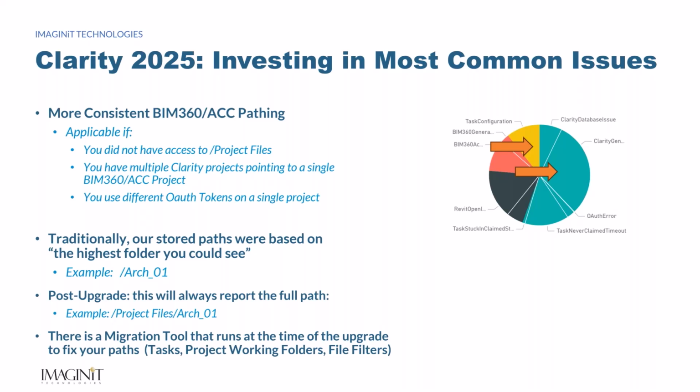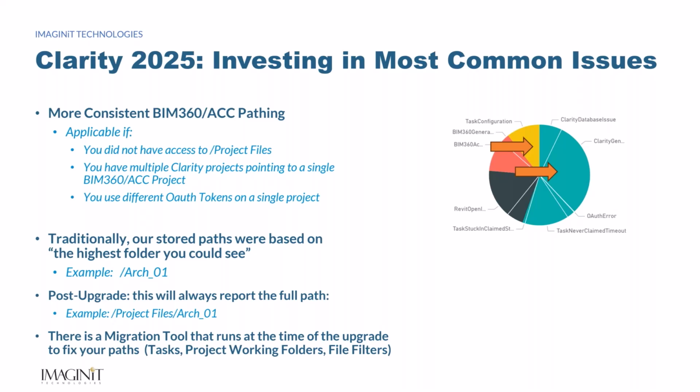And it specifically refers to if you have been given access to a project, but you're not given access to the top level folder. For example, if you're a mechanical company and you've been given access to a BIM 360 project that lives someplace else, and the folder that you see when you sign in is not /project files,